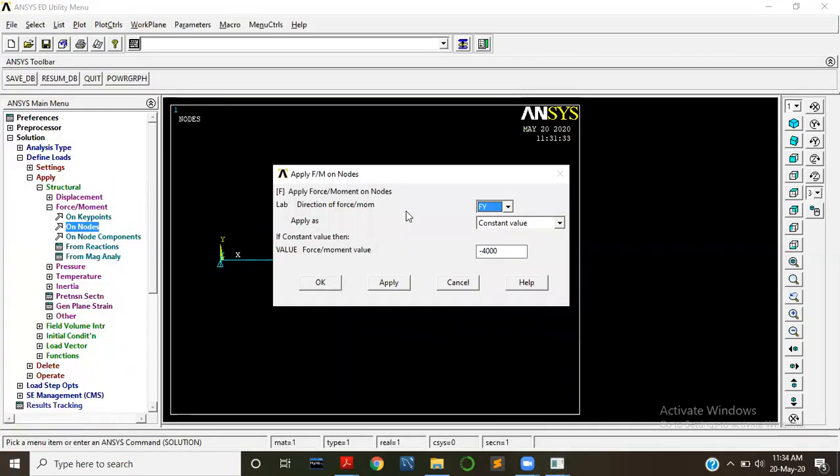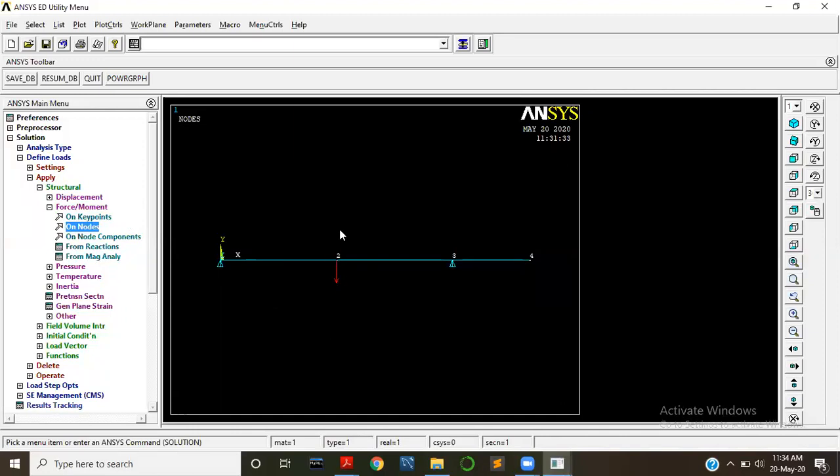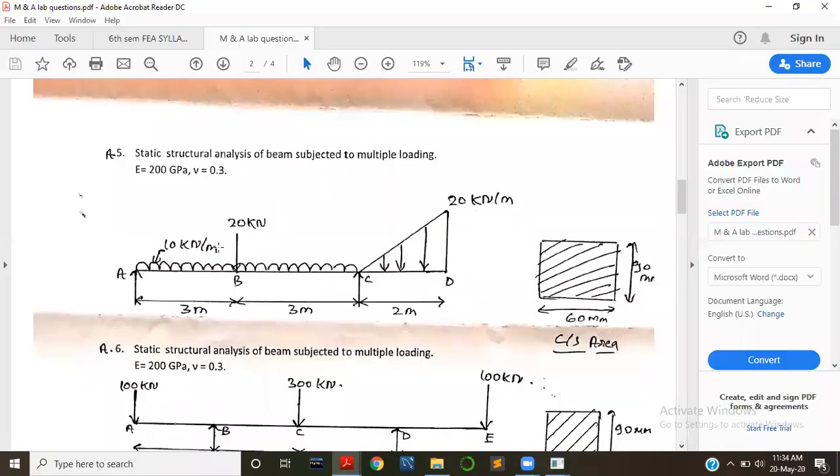Press OK, and here it is acting in the Y direction, so Y, and the magnitude is minus 20 kilonewton, so minus 20,000. Okay, press OK. Now we can see the vertically downward load is acting at point B.